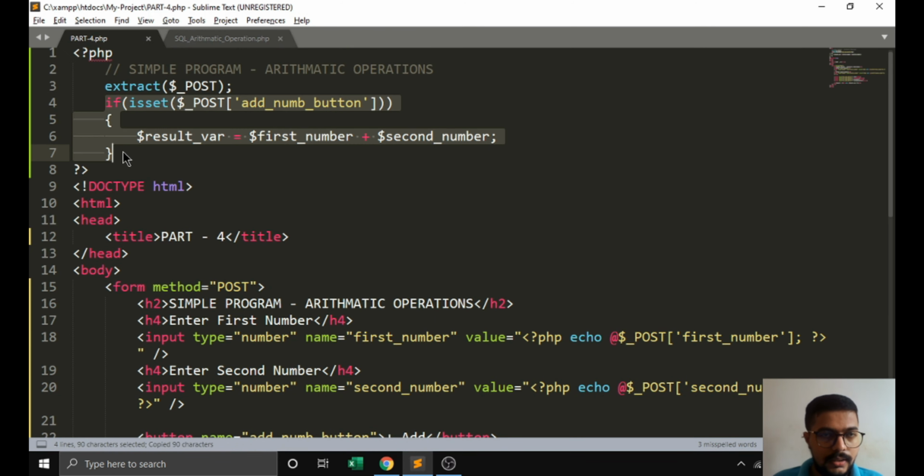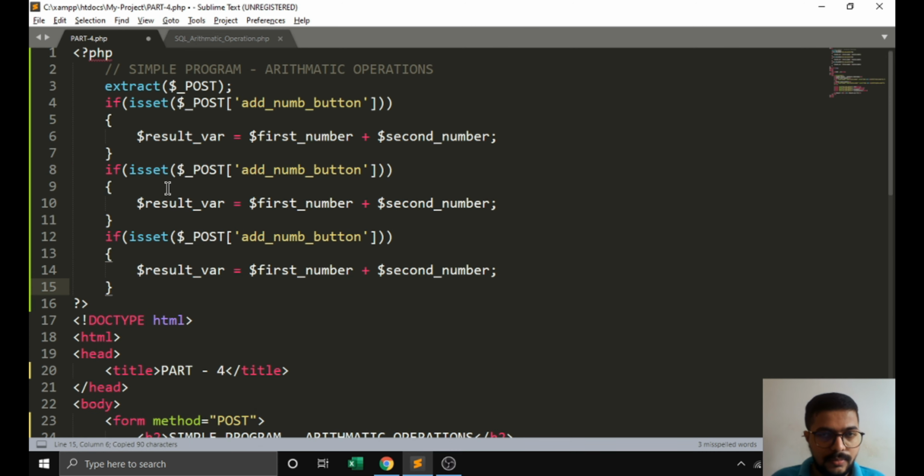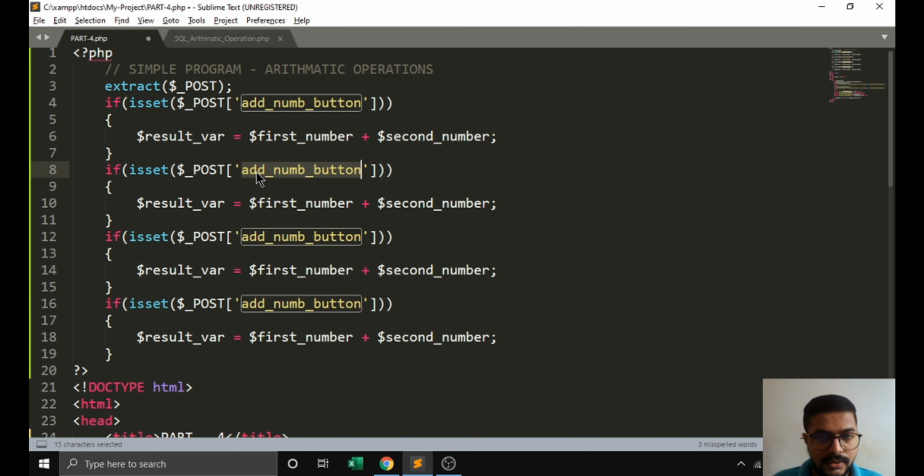We have to create these if conditions as per your arithmetic operation.